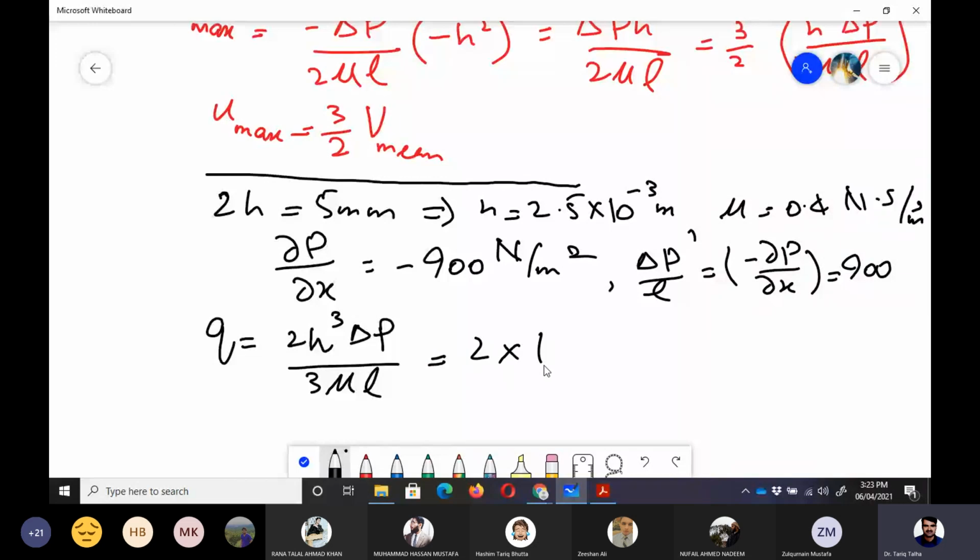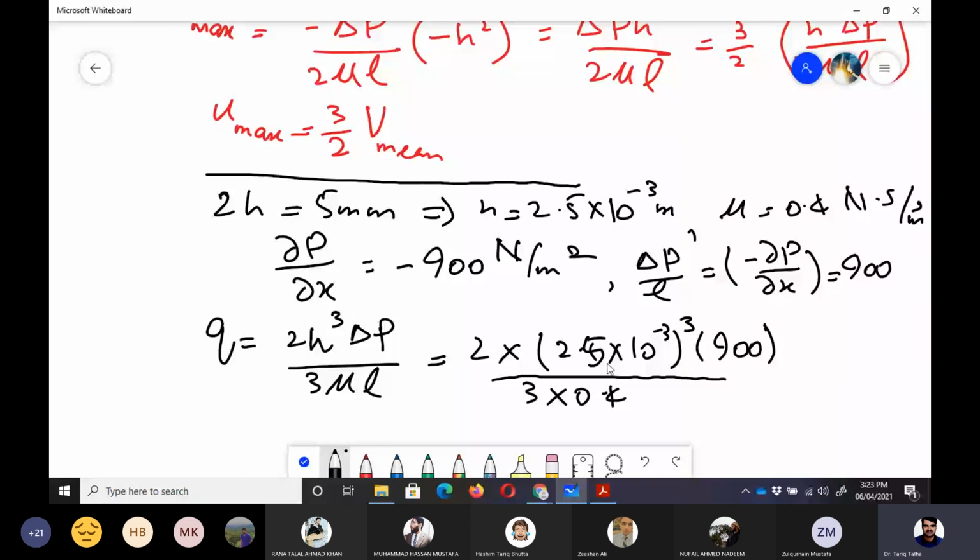Now we can put the values: 2, 2.5 into 10 to the power minus 3 cube, into 900 (delta P by L, which is the value), and then 3 into mu, whose value is 0.4. So if we do that, we get the value of Q, which is equal to 2.34 into 10 to the power minus 5